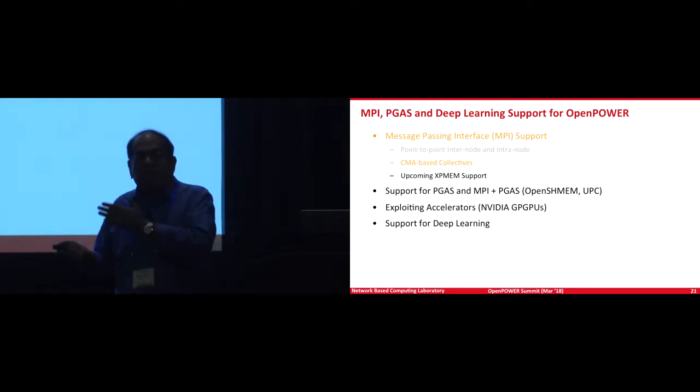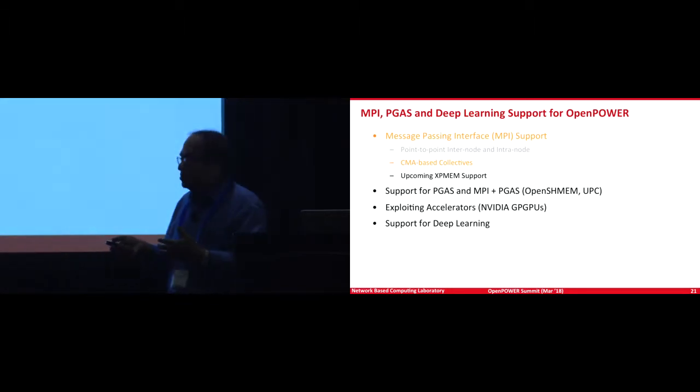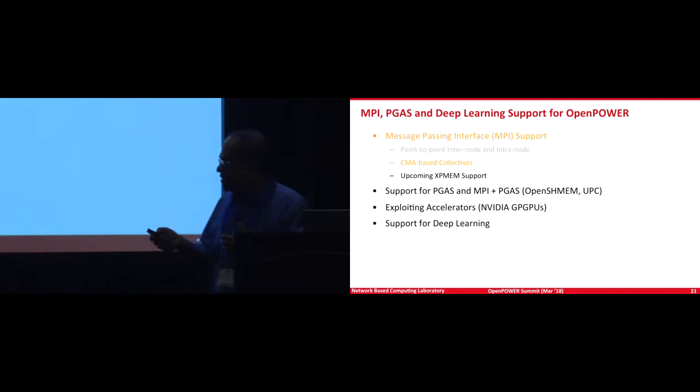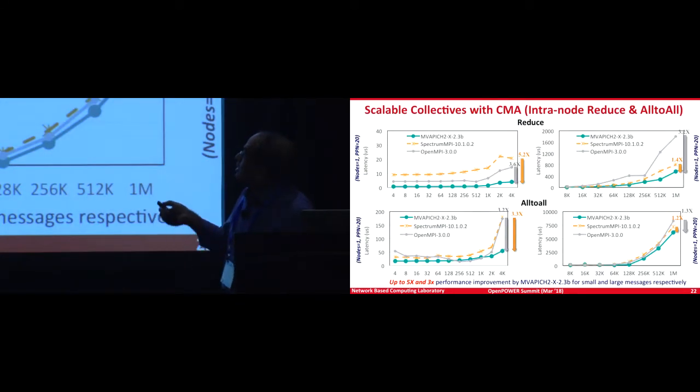So in my group, in this MIPS project, as well as a lot of other projects, people have continuously been optimizing a lot of these collectives. One of them is based on a kernel module called CMA, cross memory attach, which these days is in the default Linux kernel, so you can utilize that. Other MPI libraries use it, but we have gone one step ahead, because if you just use CMA by default, you will see a lot of contention and locks. So we have come up with a new generation of algorithms which avoids this kind of contention, and that's what you will see here.